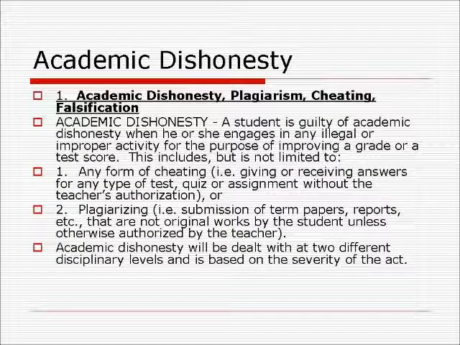The first item on our agenda this morning is academic dishonesty. This section can be found on pages 4 and 5 in your student handbook. The pages you see before you are a direct quote from these two pages. Academic dishonesty is defined as any form of cheating and/or plagiarism. Discipline will occur on two levels, depending on the severity of the act.